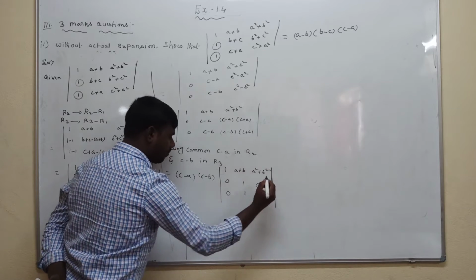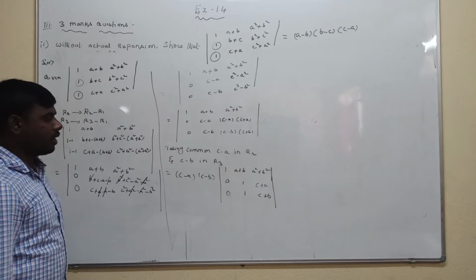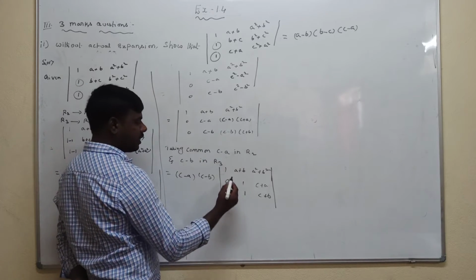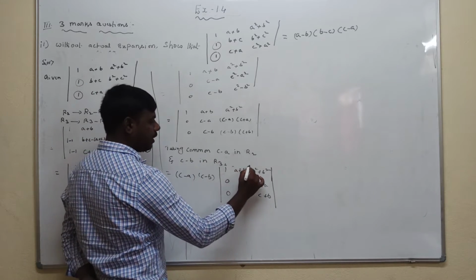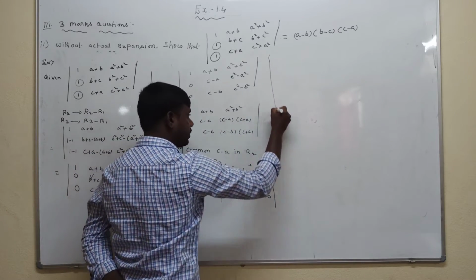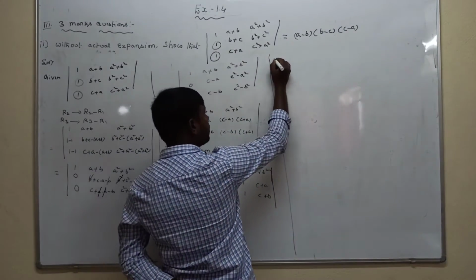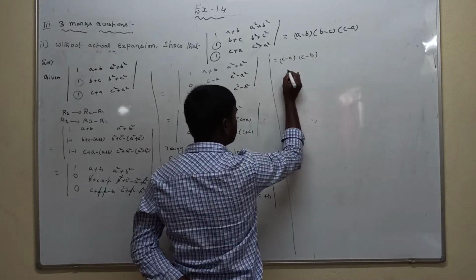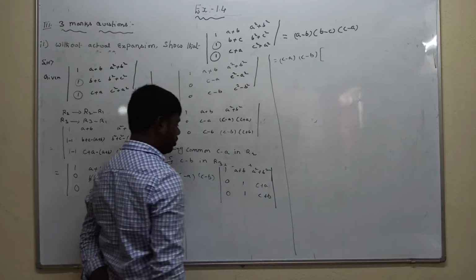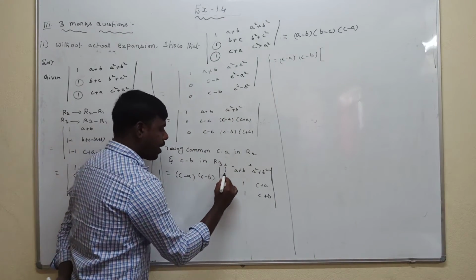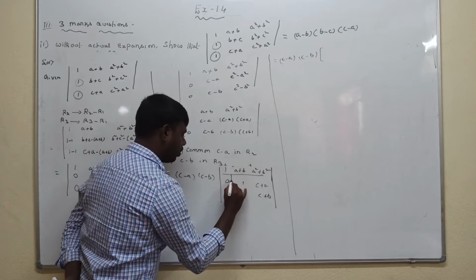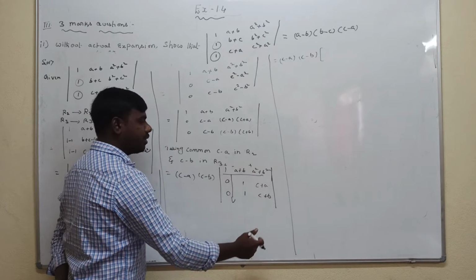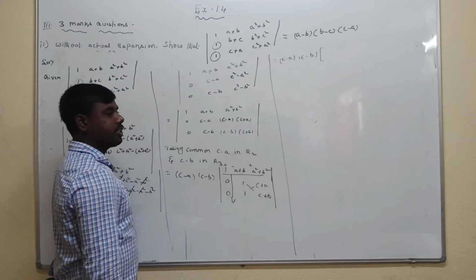Now after taking common, we should apply the determinant condition. Determinant of 3 by 3 condition is that the signs are plus, negative, plus. We should apply that condition. So what is the common element here? c minus a into c minus b. Correct. Now what is the first one here? 1. 1 present in the first row, first column is eliminated. We should write determinant of left of the elements. After we should apply the cross multiplication method.